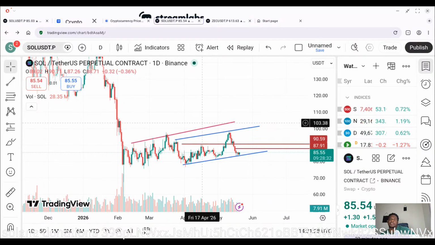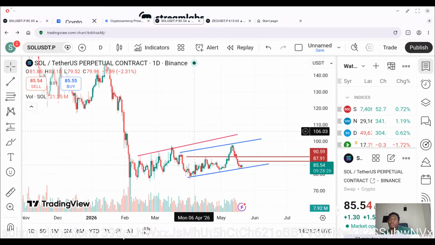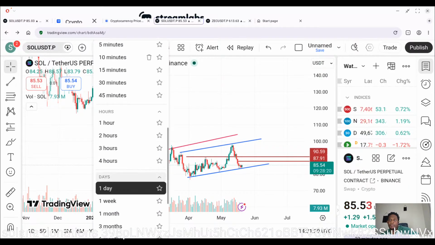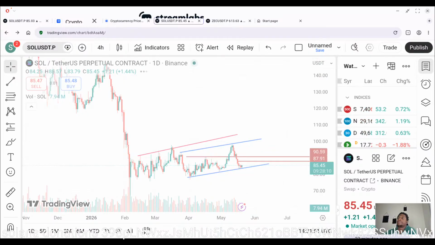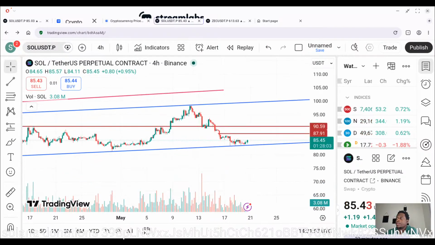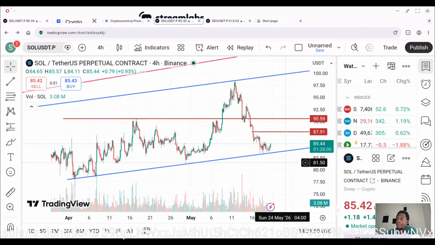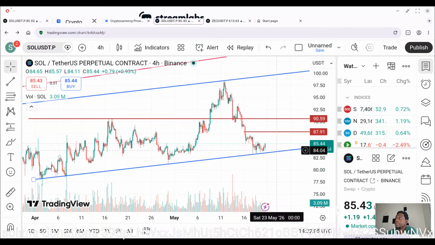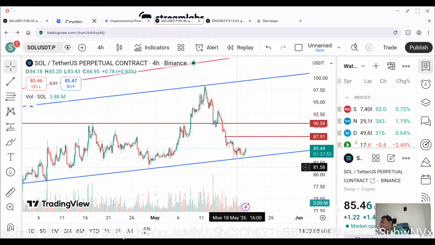So today we're looking at the Solana charts. If you were already here previously in the morning and you've just returned, I say thank you. Already we traded the London session. It was a bit boring, nothing was happening. So we're back now trading the New York session. So let's just expand on the 4 hours chart, see where we are. I hope you can see that, everything all good.